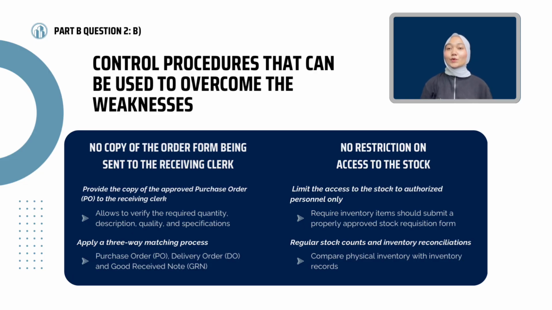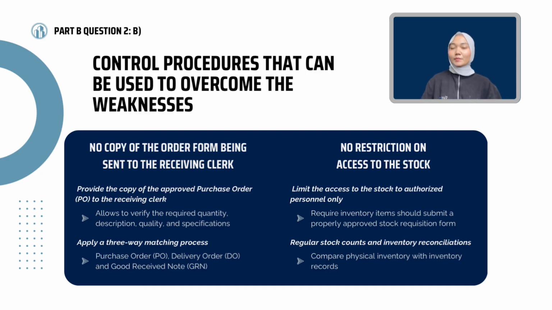The next weakness we identified is that the receiving clerk does not receive a copy of the approved purchase order before the goods are delivered. This is an important issue because the receiving clerk is responsible for checking the goods that arrived from the supplier. To address this weakness, the purchasing department should send the approved purchase order to the receiving clerk before the